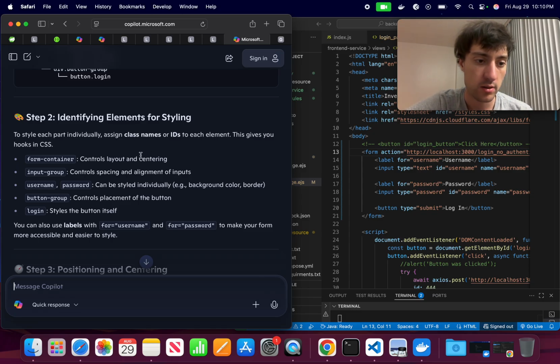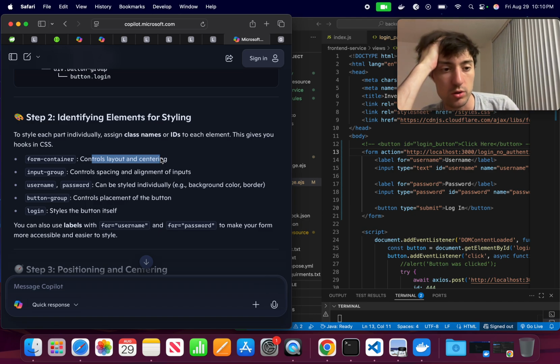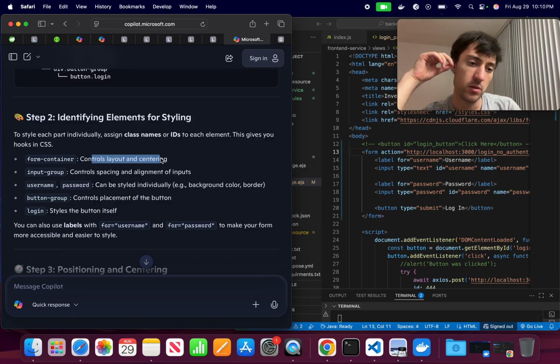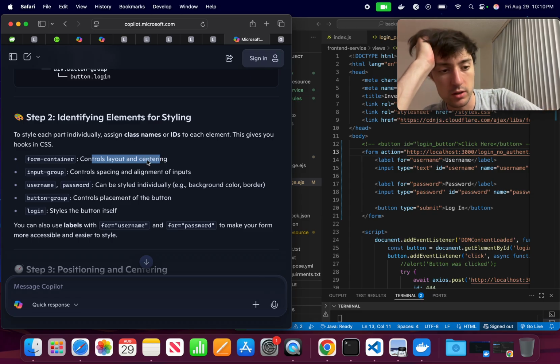Form container controls layout and centering. Input group controls spacing and alignment. You can also use labels with for equals username and for equals password